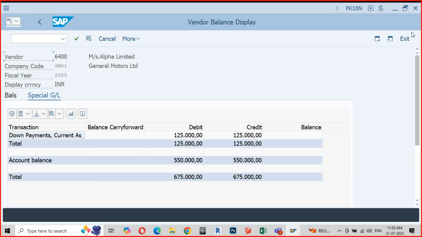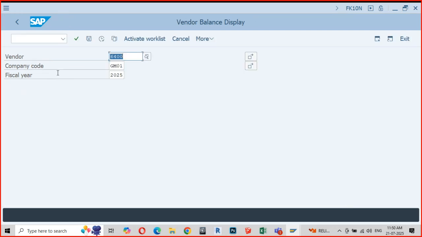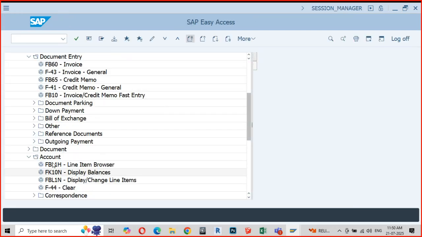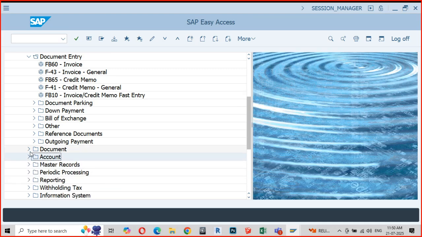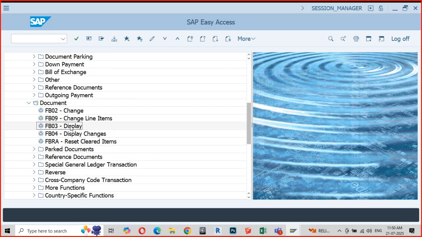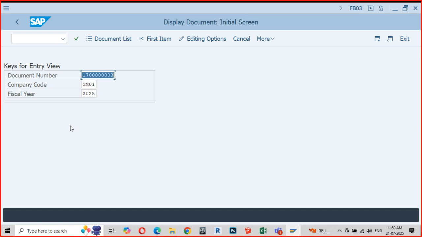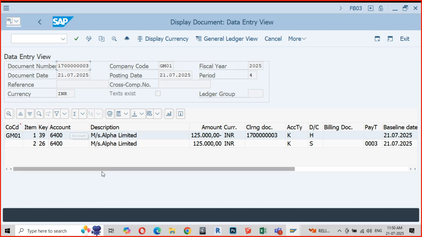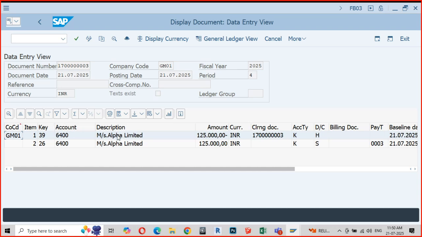Now go and see the document 17000003. I wanted to show you, right? Now see the entry. Concentrate on the posting key and the special GL indicator. I will bring in that column also.